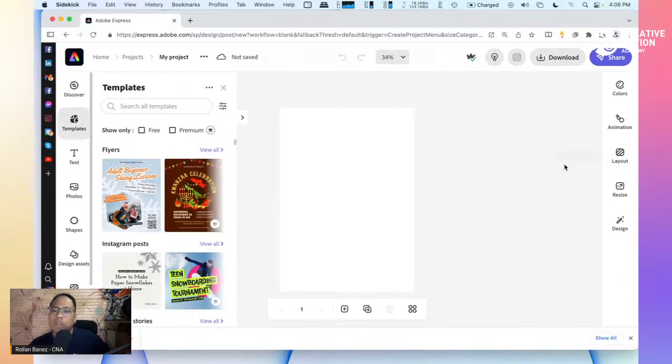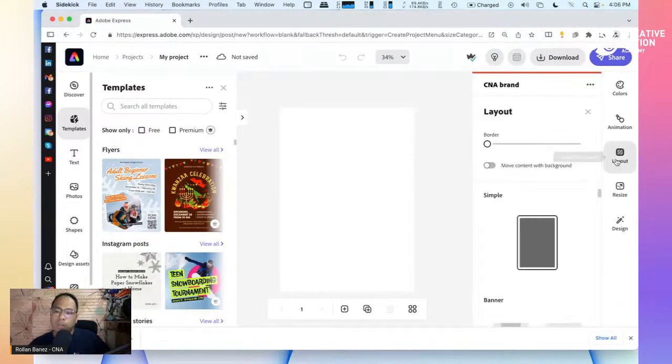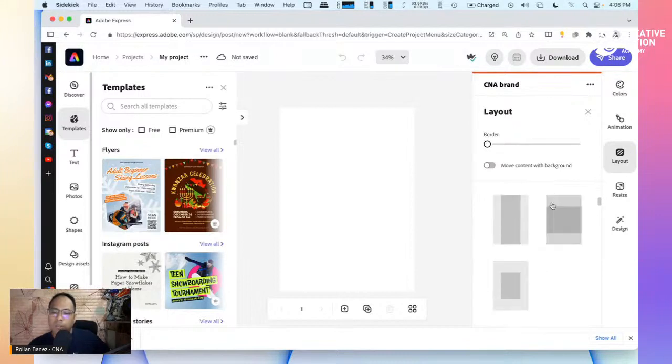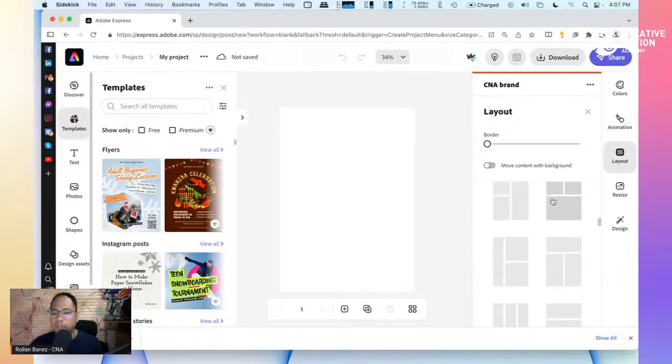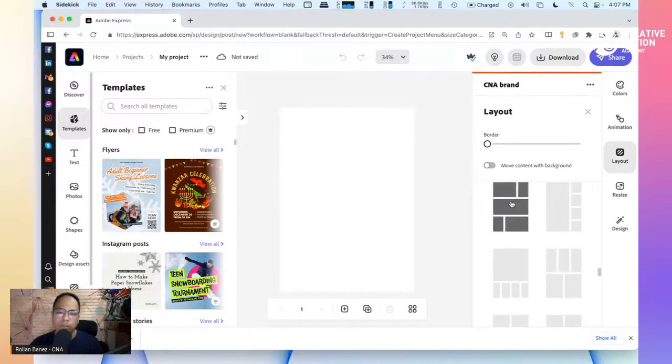As you would see here, if I go on the right side of Adobe Express, I can click on layout, and Adobe Express gives you a lot of options if you want to make something like the one that I've given you. For example, let's try to make a dynamic grid layout. Let's try with this one. If I click on that,